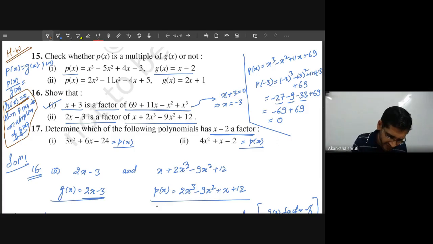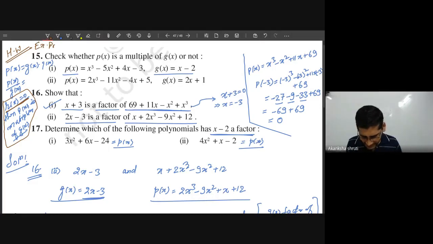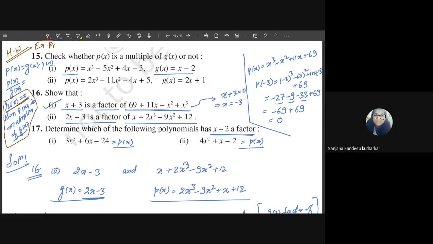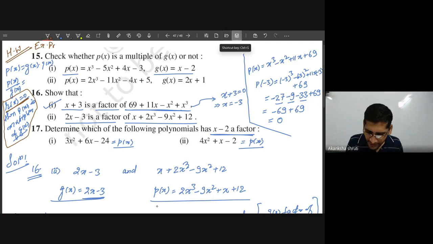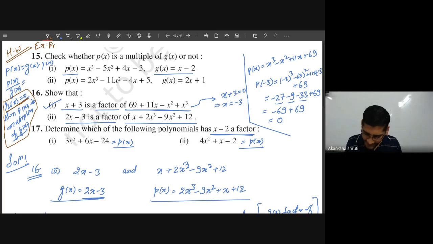Okay, student, this is our exemplar. Sir, we are done. You have already done 15, 16 and 17 of these 3. All the 40 questions we are done. Okay, very good. If you have done, then whatever the doubt, please ask me next day, and the other students who could not do it, please try once more.